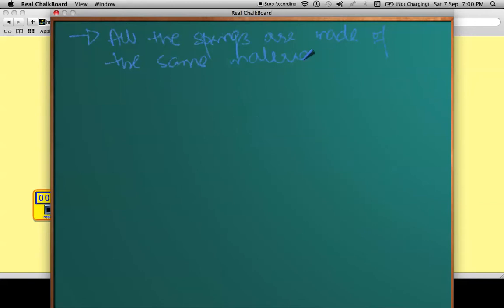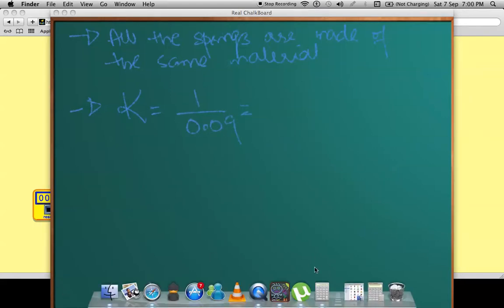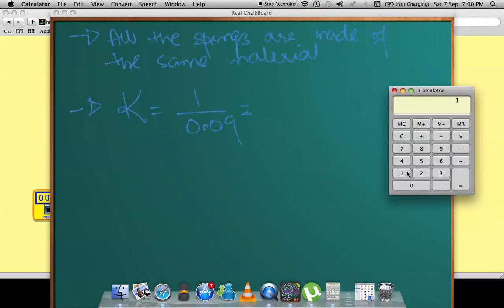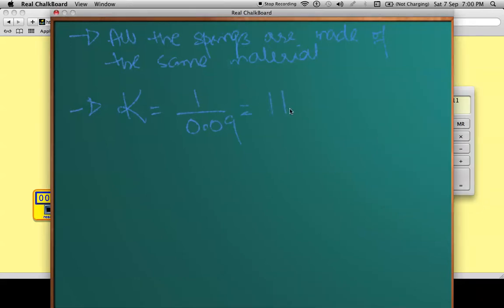and all of them have a stiffness of 1 over 0.09, which I just found a calculator here, and if you can see, 1 divided by 0.09 gives me 11.11 newtons per meter. So this is my stiffness that I calculated in the earlier video for all of these